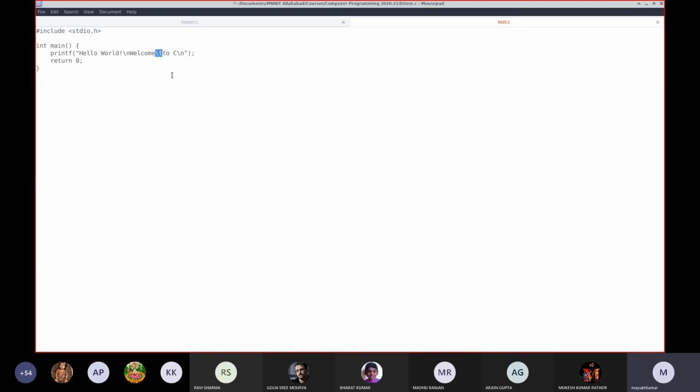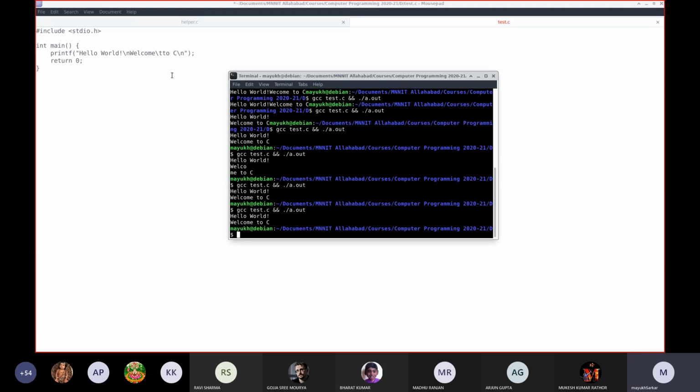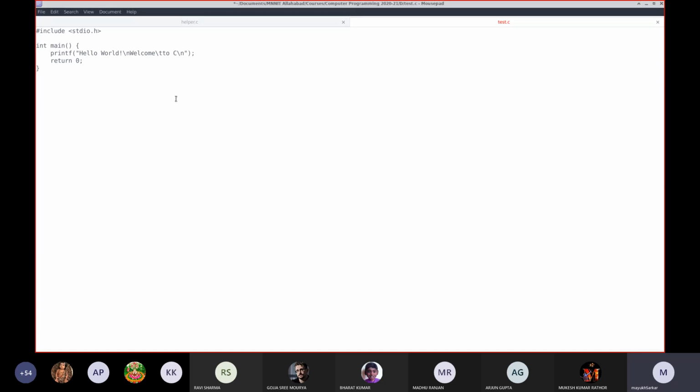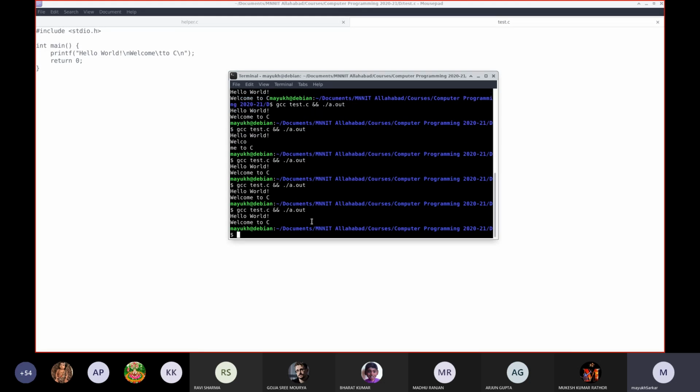This \t together will provide the tab and will create 4 spaces. I think I have not saved it. It is still giving a single space. Just 1 second, let me check it out.